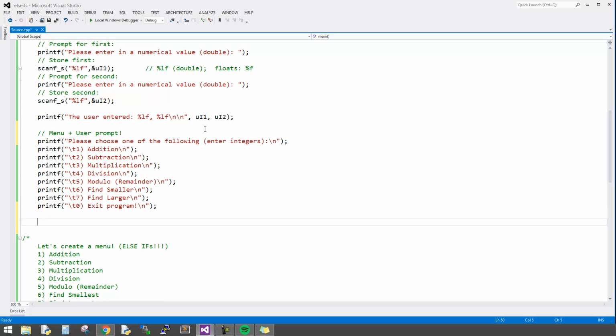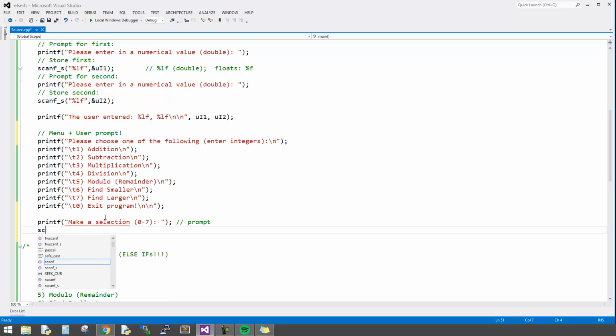Okay, so now we're going to await an entry. So I'll actually put another new line here because I don't want them entering it right away, or right underneath it. I'll say printf make a selection, and then 0 through 7 are the choices. So here's another prompt, and then